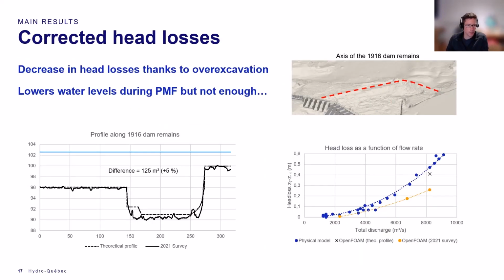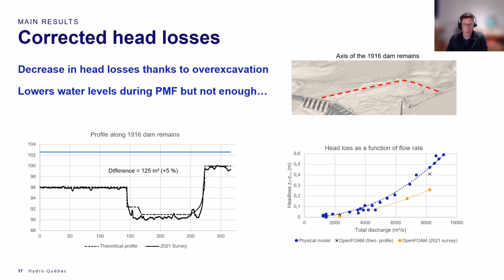One aspect that was looked at was the actual profile of the demolished dam compared to the theoretical profile that was considered during the scale model study. Following the scan from 2021, we found that there was an increase in flow area since some of the old dam was over-excavated. So this is a good thing as it decreases head losses and will diminish slightly water levels